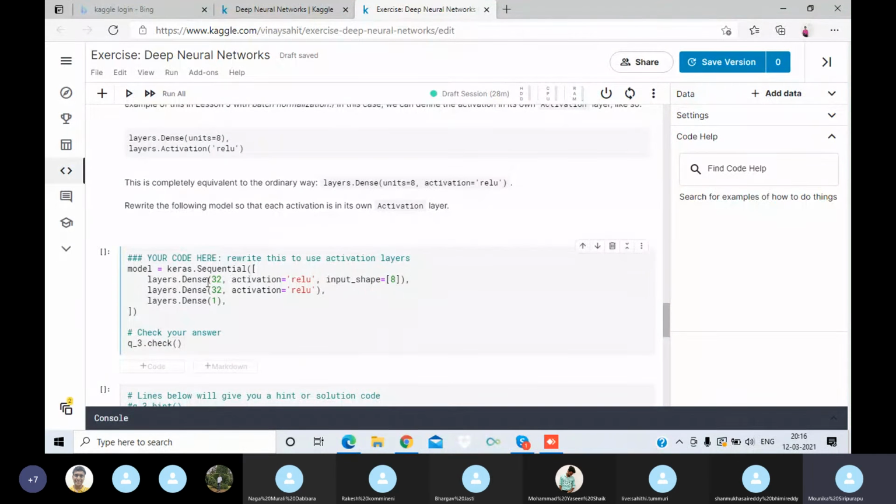First layers dot Dense 32. Input shape is 8. For the first layer we need to remove the activation function.